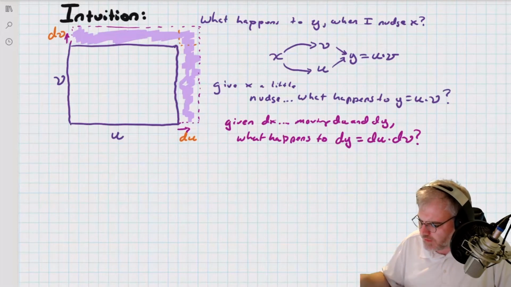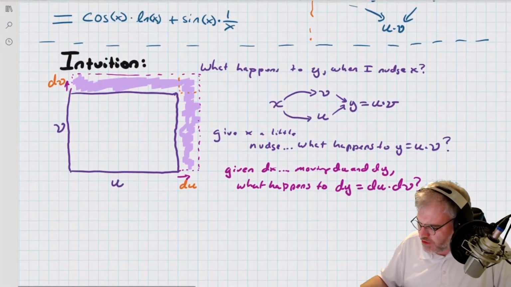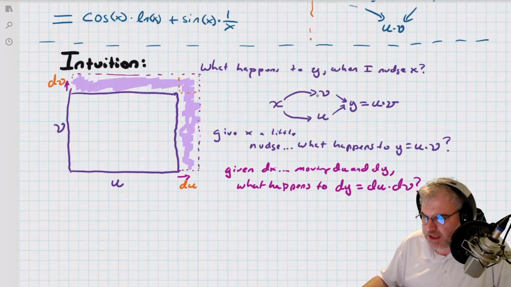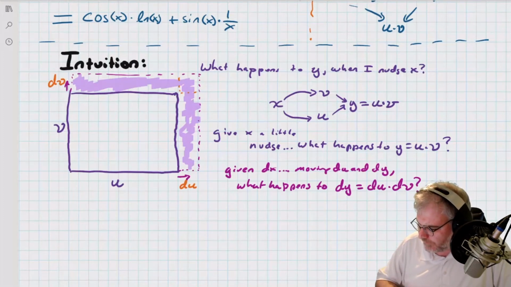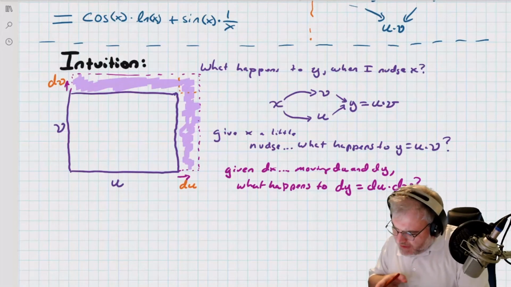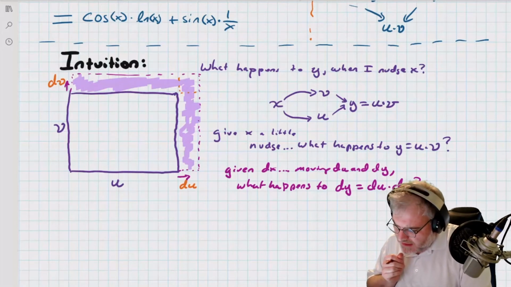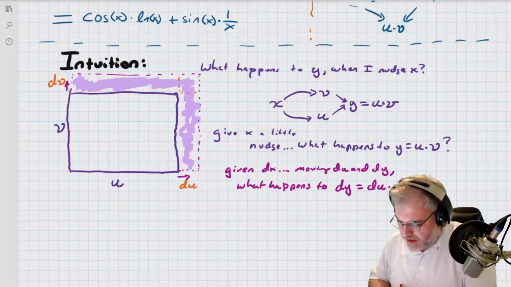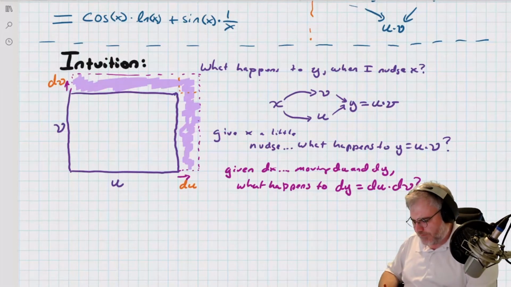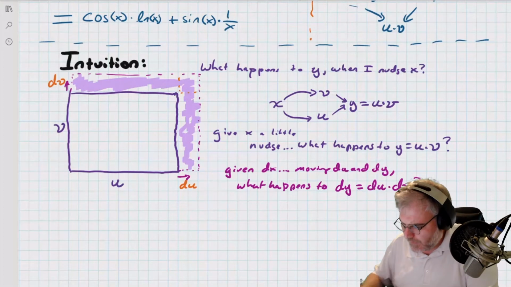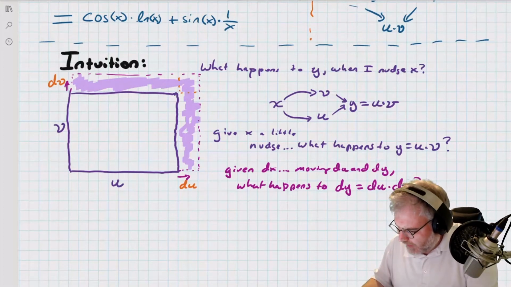Okay. So what's going on here is a little bit of change in x is going to entice a change in v, and it's going to entice a change in u. So what I've got is y equals u times v. I'm going to give a little nudge to x, and that's going to correspond to a little nudge in u and a little nudge in v. So the total here, right? So dy, the change in y,